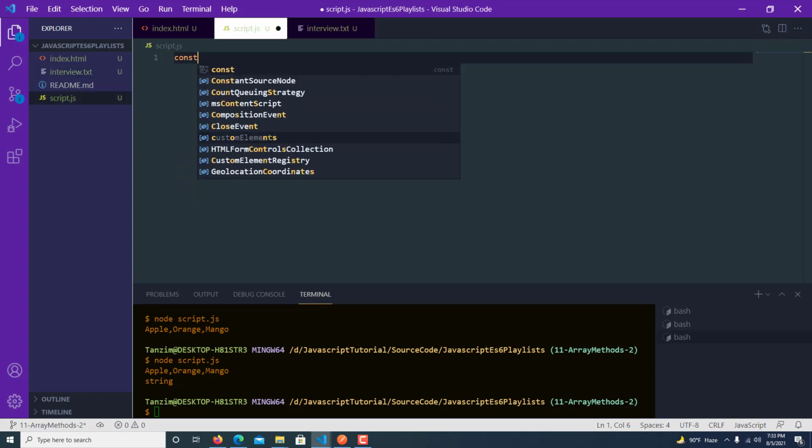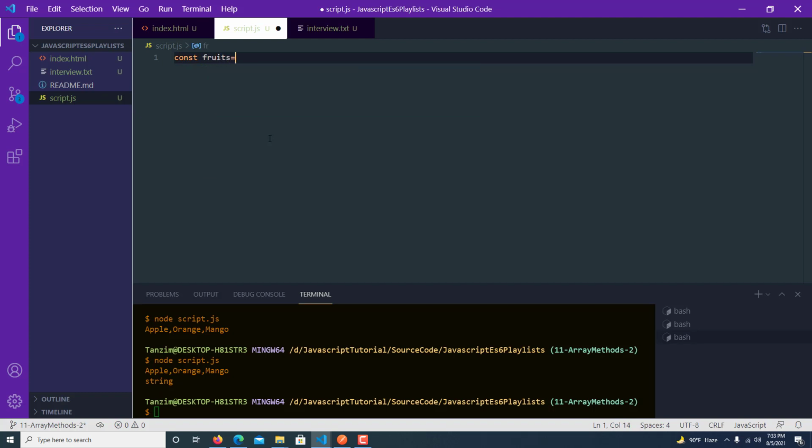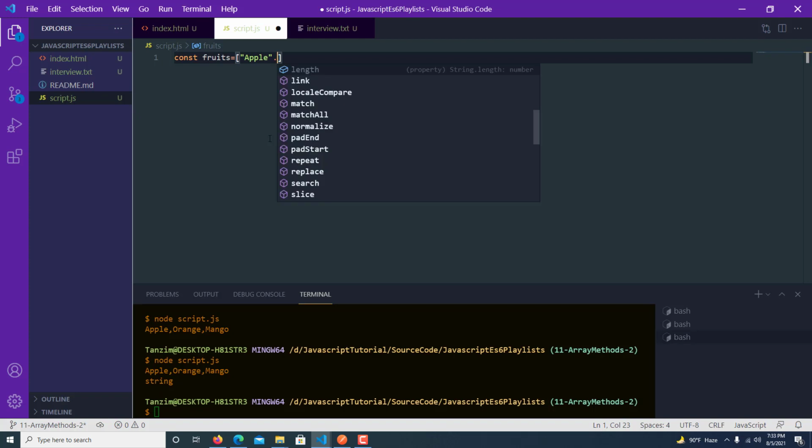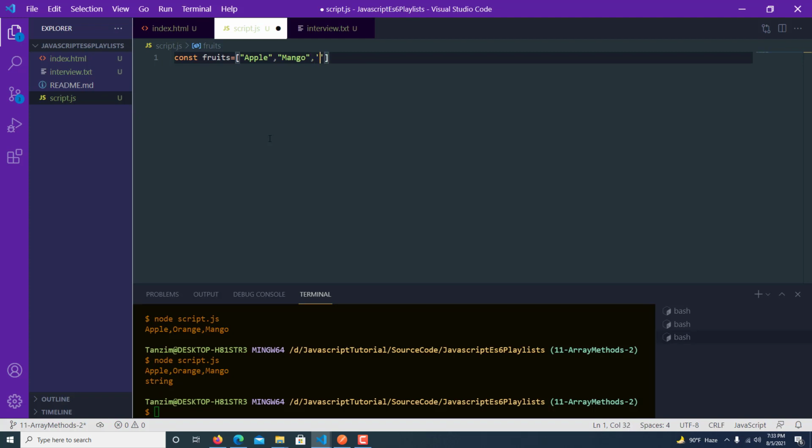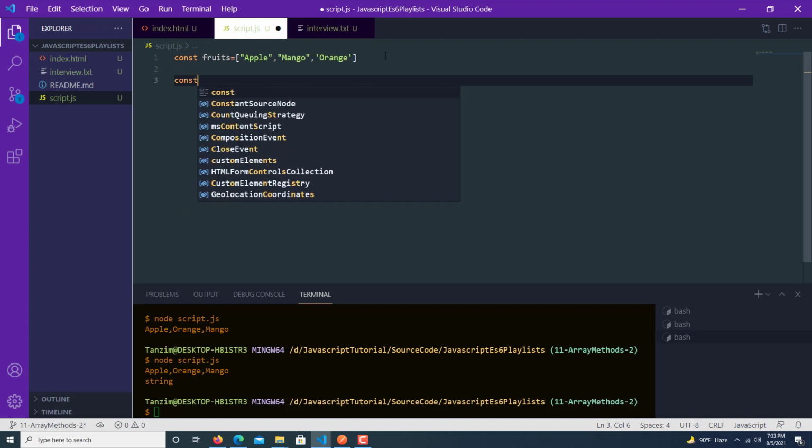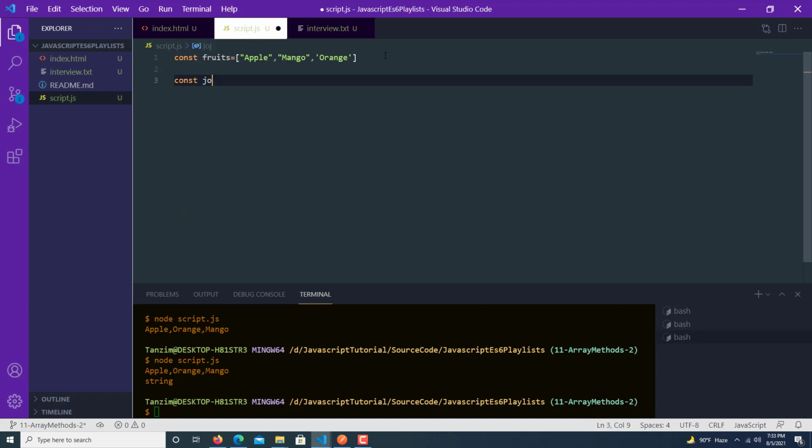Suppose const fruits equals apple, mango, and orange. Sorry, we should always write the correct spelling. So okay, so here suppose const joined